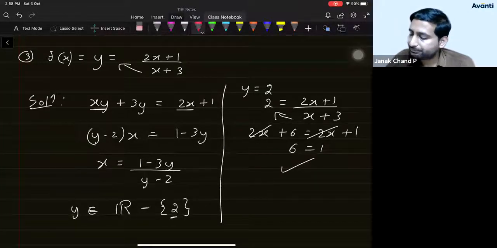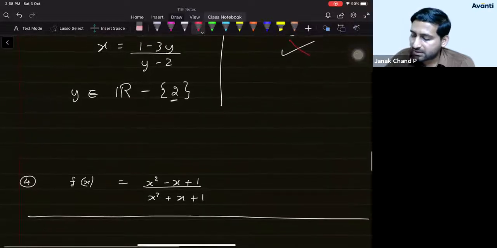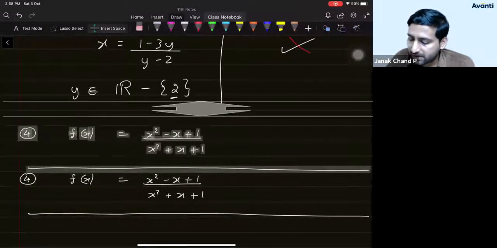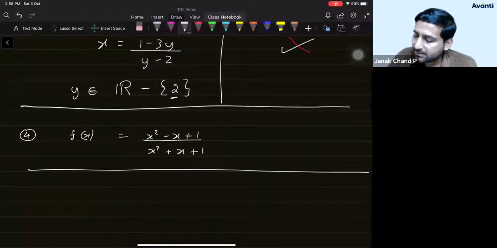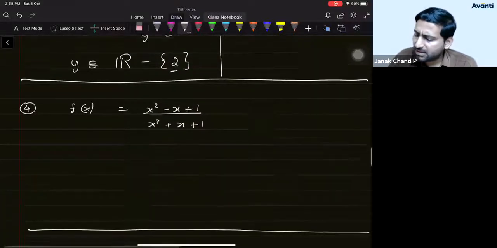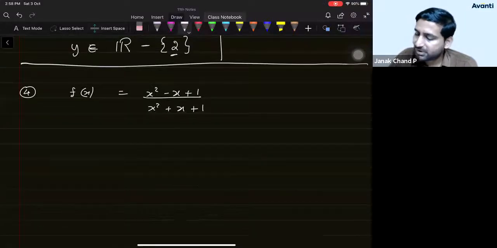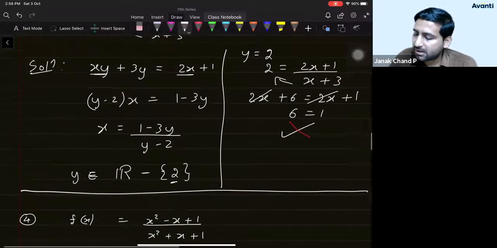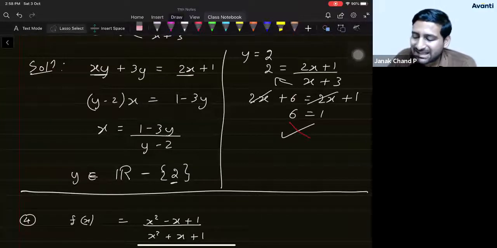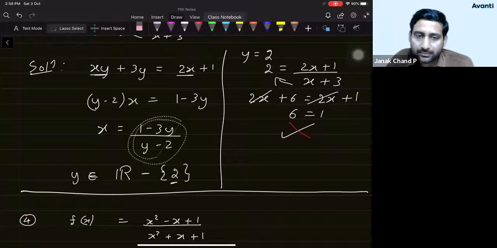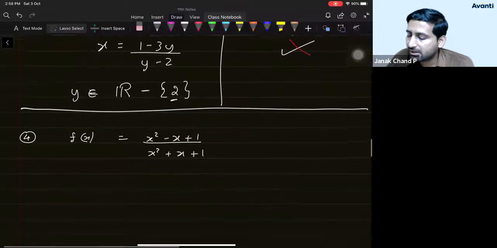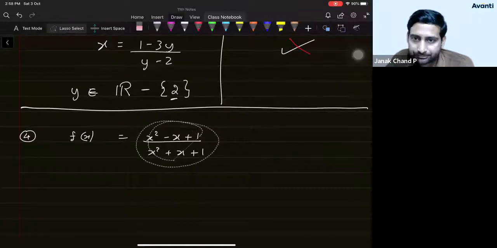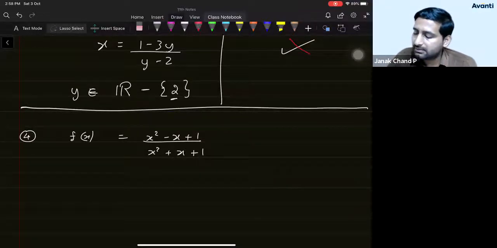Okay, fine. Now the last variety, students: a quadratic equation divided by another quadratic equation. This is exactly similar to the previous one, but it will be a little bit lengthy. In the previous one it was very simple; we could easily guess the possible values of y I can put here so that this is a real number. In this case, you will not get just a linear equation, you will get a quadratic equation. So let us see what is to be done.